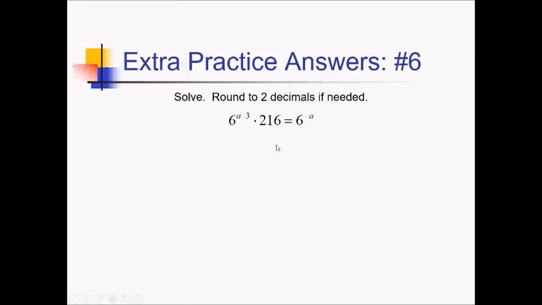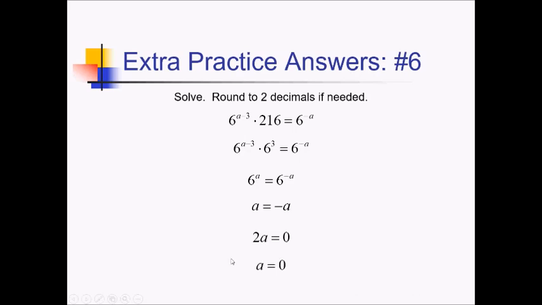On this problem, it turns out I can actually use the common base method. 6, 216, and 6, those are all powers of 6. The only one I really need to change is the 216. I'll turn that into 6 cubed. And now let me just use my exponent rules to clean up the left side here. 6 to the a minus 3 times 6 to the 3, I'm going to be adding the exponents. So that's just going to be 6 to the negative 3 plus 3, or just 6 to the a. If that equals 6 to the negative a, I can cancel out those 6's, leaving me with just a equals negative a. Add the a to the other side, we've got 2a equals 0,